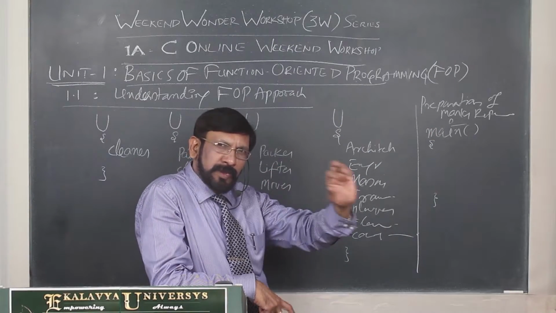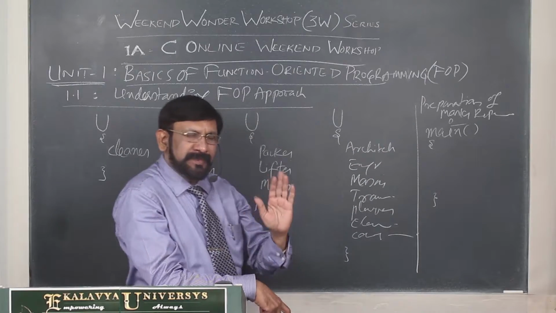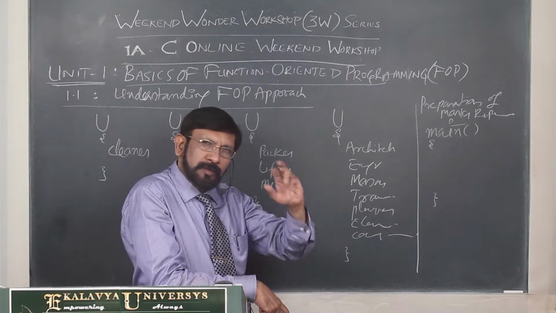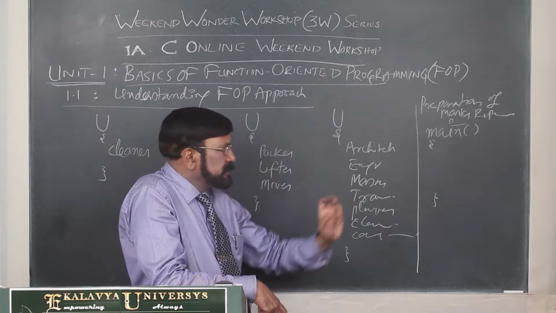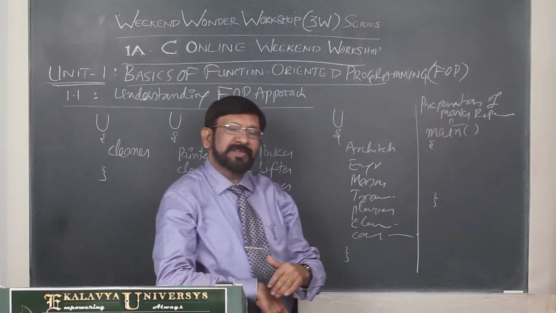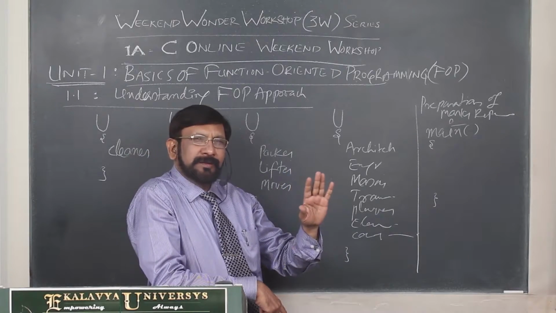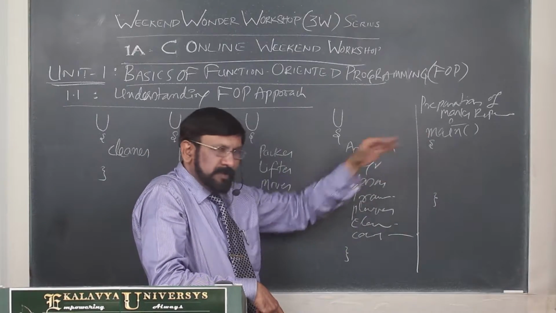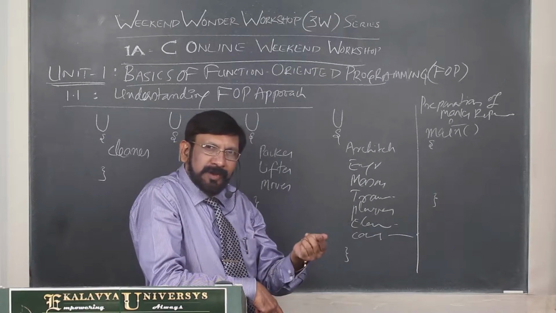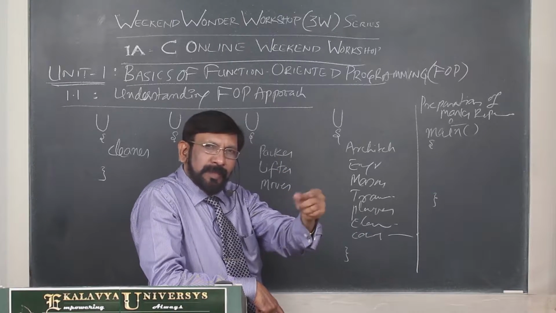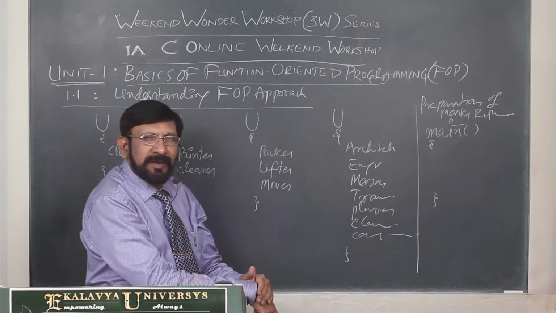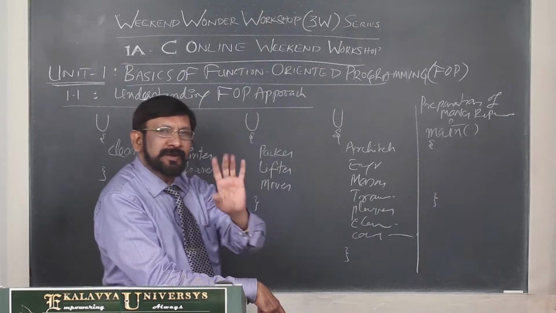I am not going into the coding details. I am just explaining the strategy, how we apply it in real life, and how the same strategy we apply in C. Now if you analyze this activity, you can find four types of sub-activities. One is reading marks. After reading marks, you have to find the total. After finding the total, you calculate the average. After that, the marks report is printed in a format.